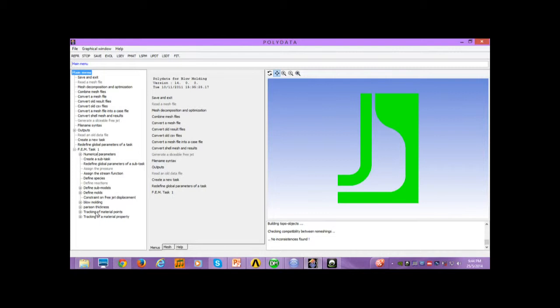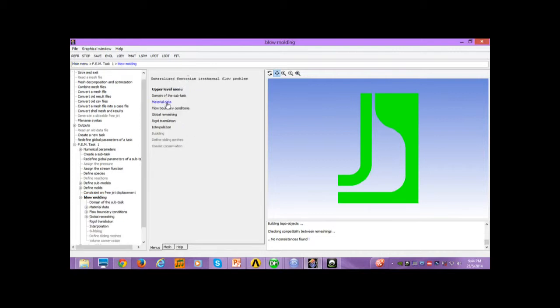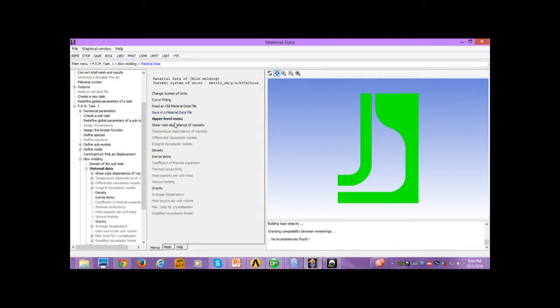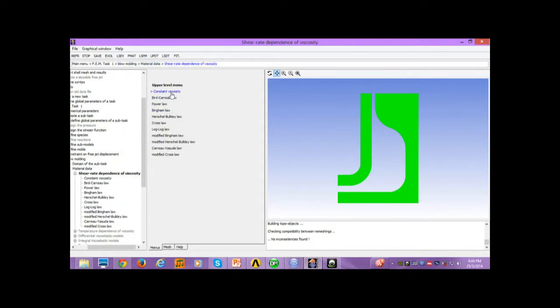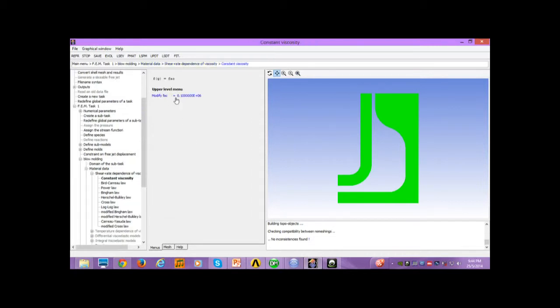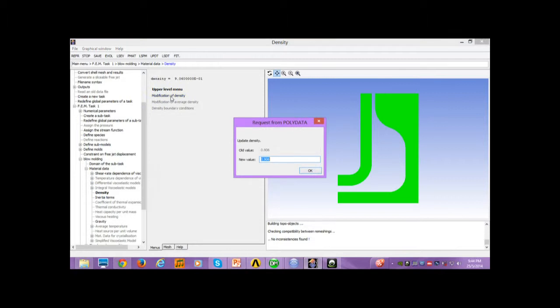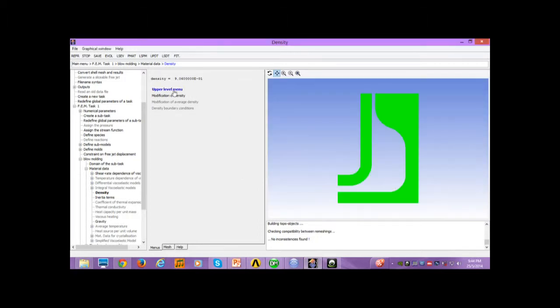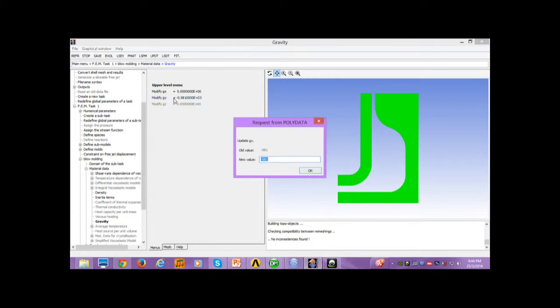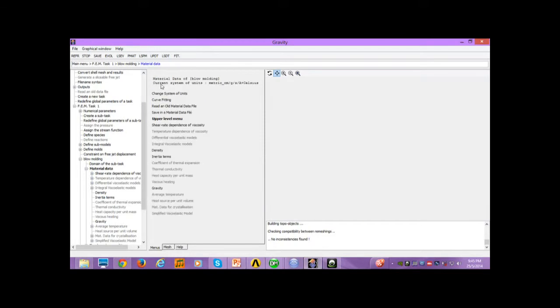So at here, blow molding, you can see the material data, shear rate for viscosity, constant viscosity, upper level menu, density 0.606 for density for polypropylene, upper level menu, gravity is negative 981, upper level menu,